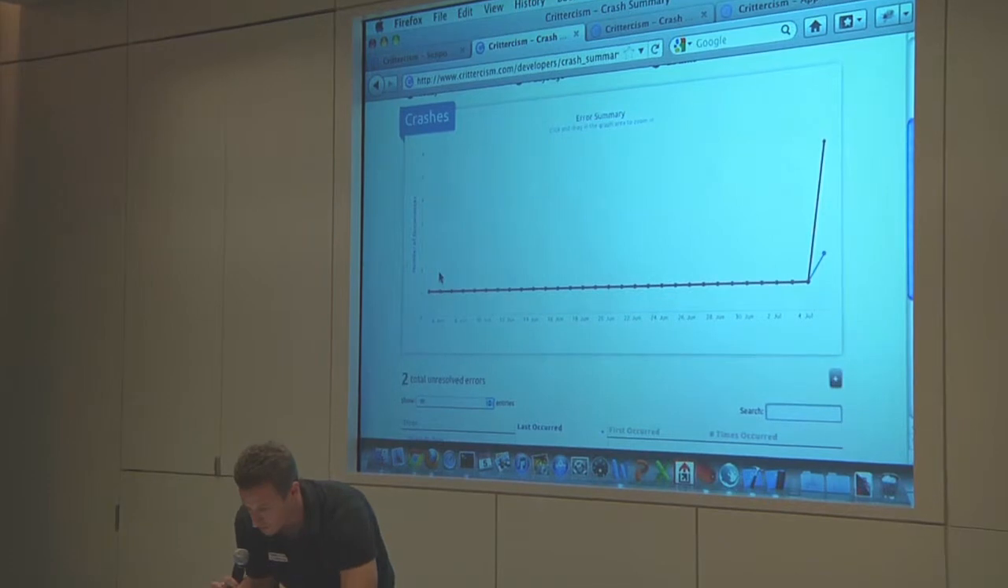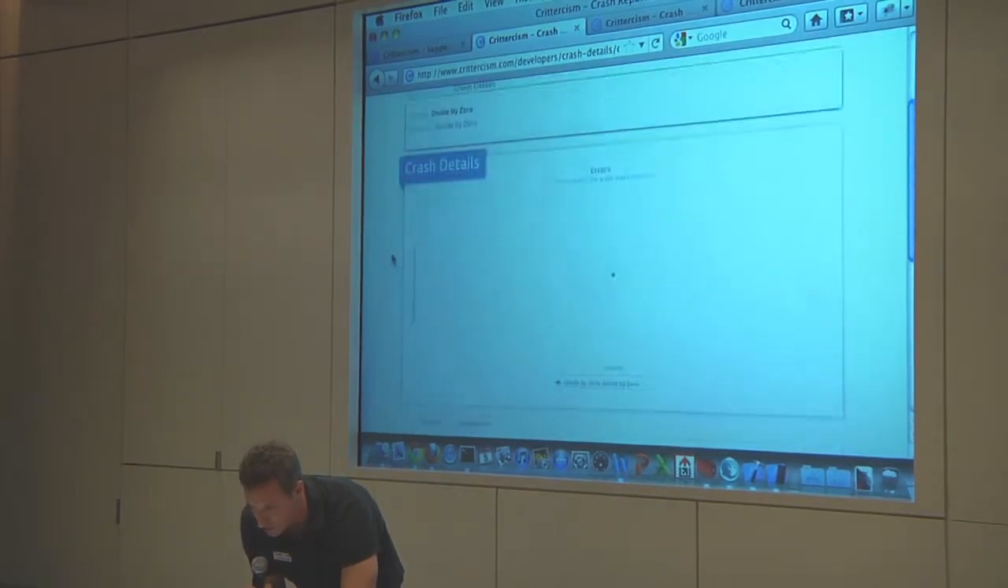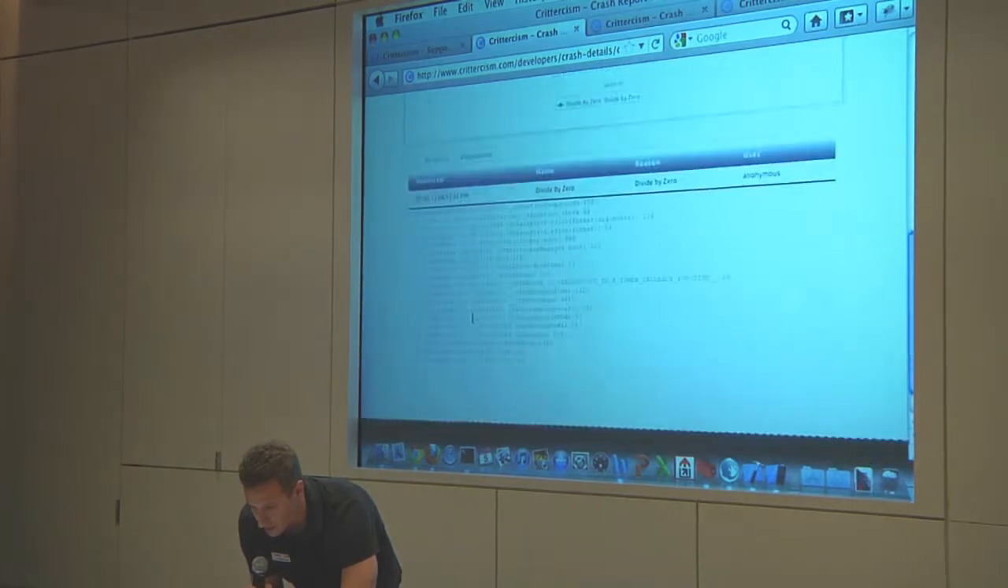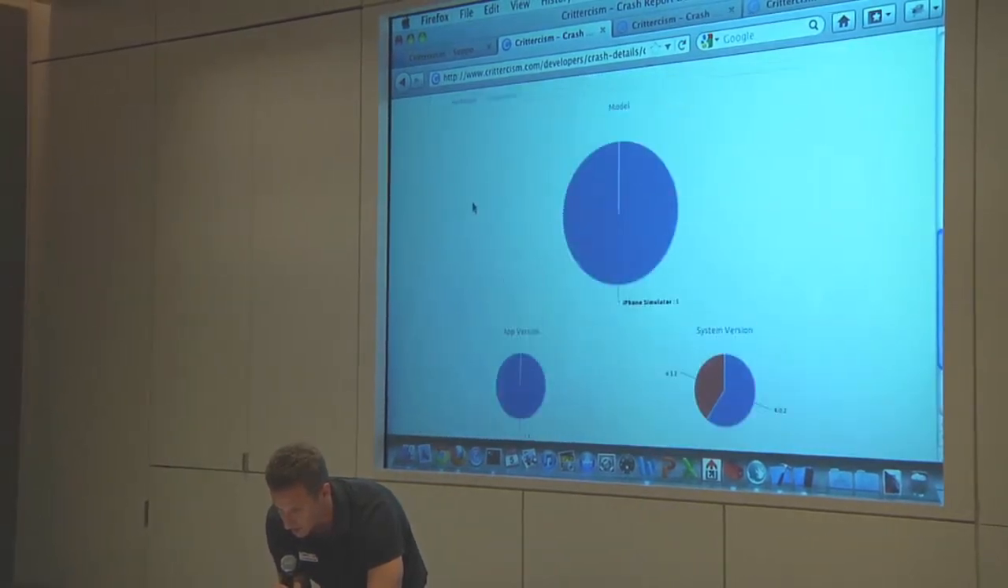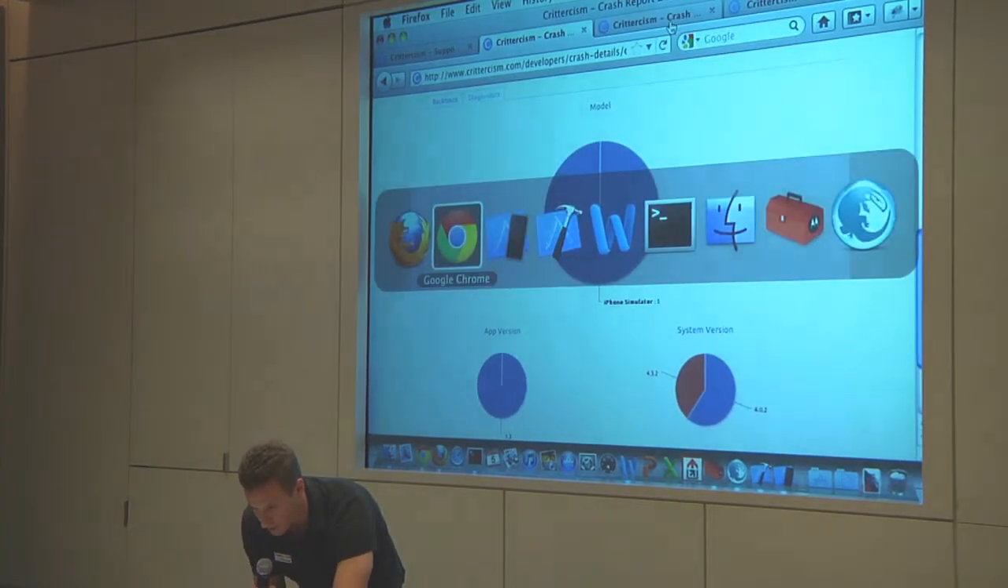You can drill down even further. So this is a view over time. You can drill down to an individual error. And then you see a stack trace. You can see some diagnostics. So in this case, it's pretty clear. But just to give you a more real-world example,